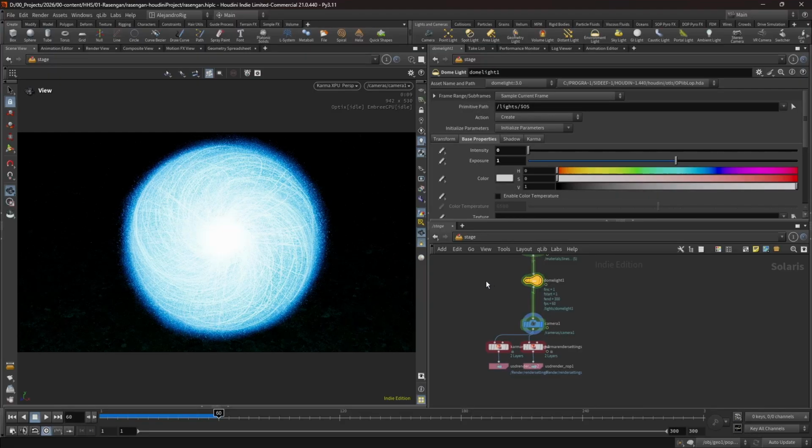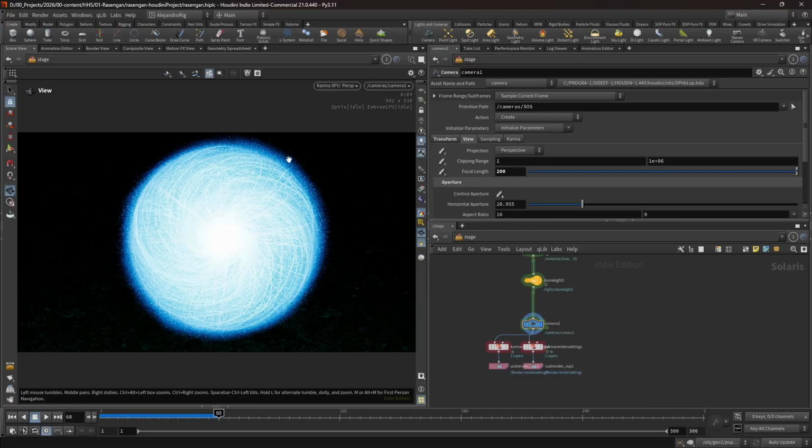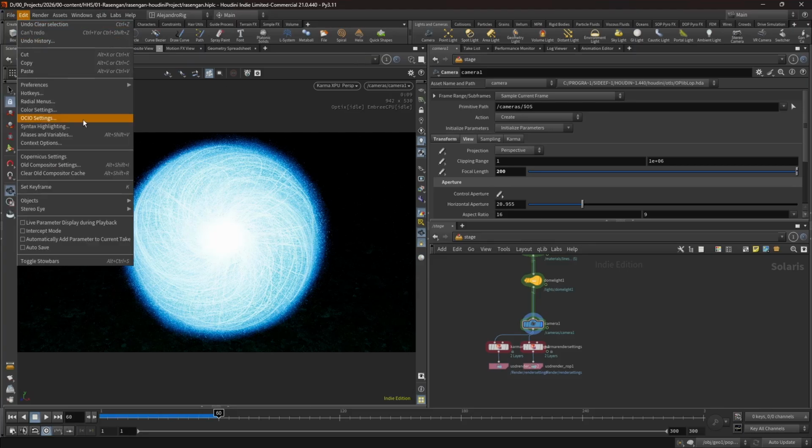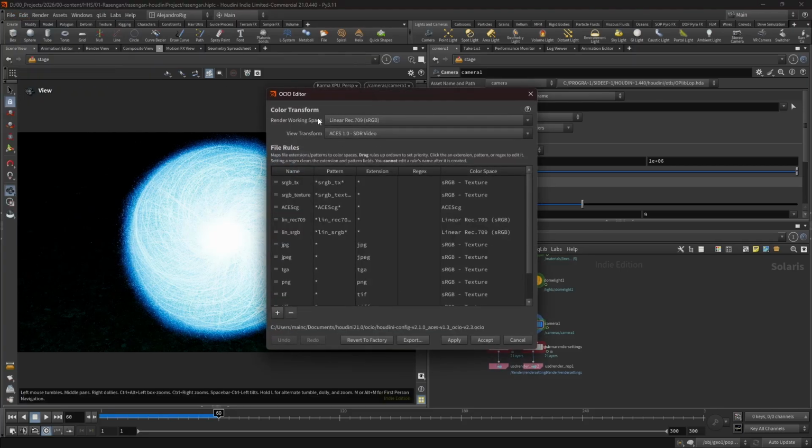But before ending the tutorial, I want to advise you on something I learned during this project. If you go to the OCIO settings, you can see the color space Houdini is using. I'm saying that because when I import things into Nuke or DaVinci, I find it really hard to find the same color space so that it ends up looking identical in compositing and post-production. So I'm going to show you, if you have the same color space as me, what settings I used in